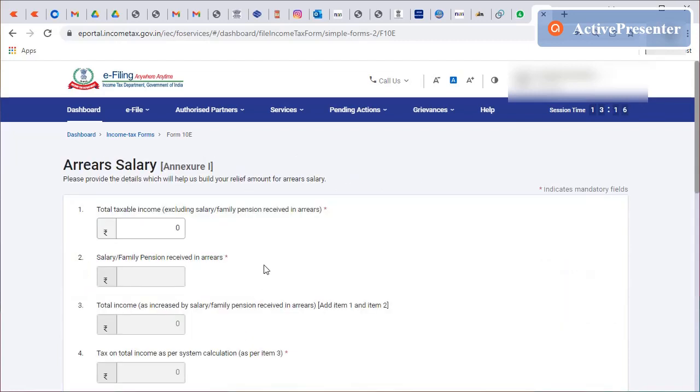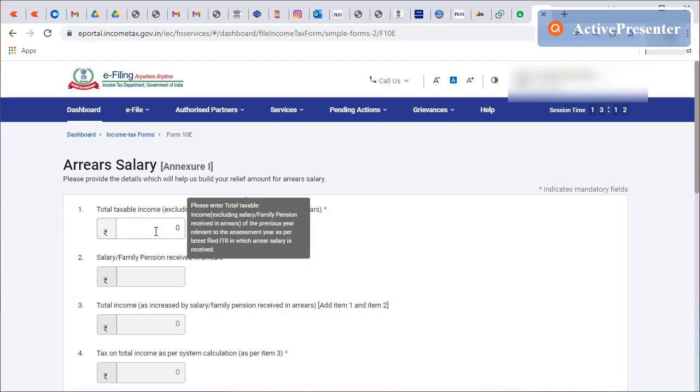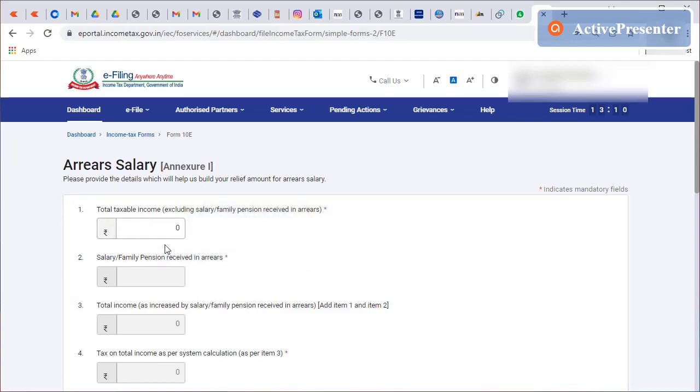Here it will ask you to enter many details. So let's start from the first one. Here they are asking to enter total taxable income. In brackets they have mentioned excluding salary or family pension received in arrear.